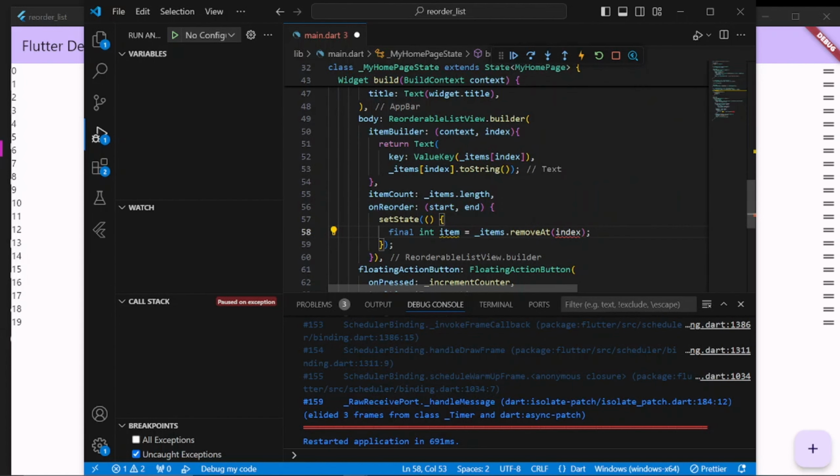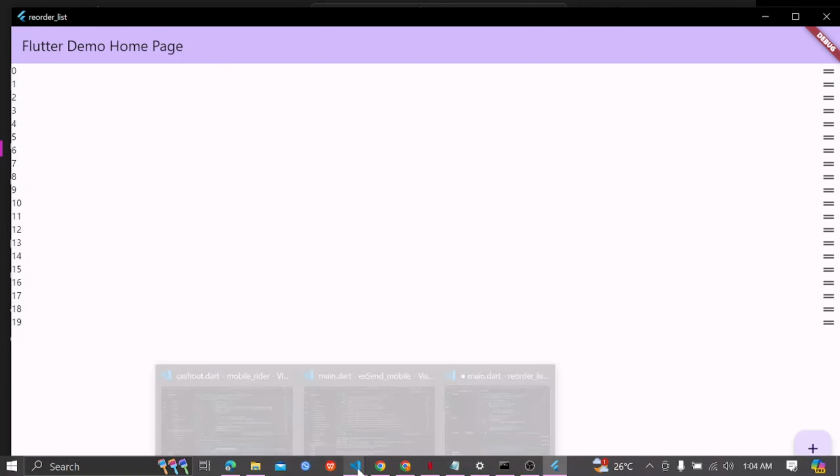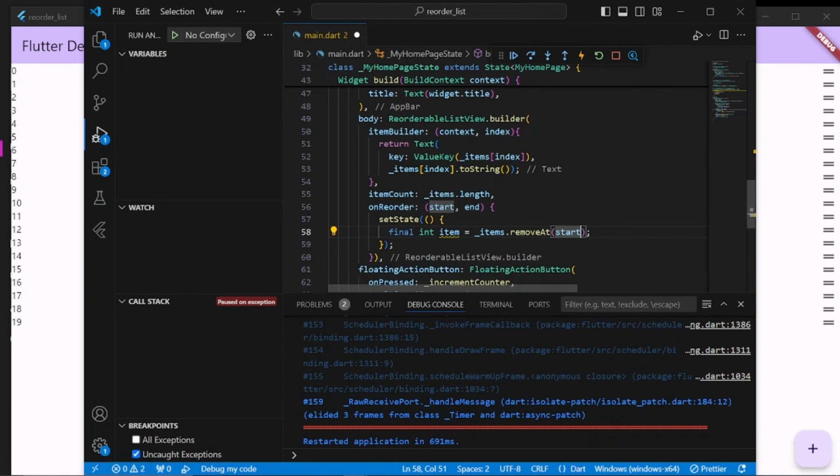Where is it removing? We say start, because that's the old index. When you drag now, it should remove the item from the old index, and then it should insert into the new index,